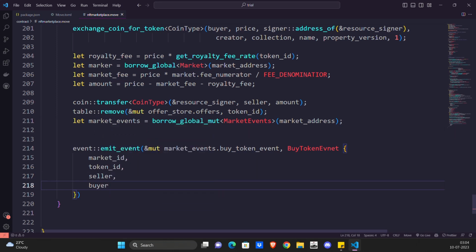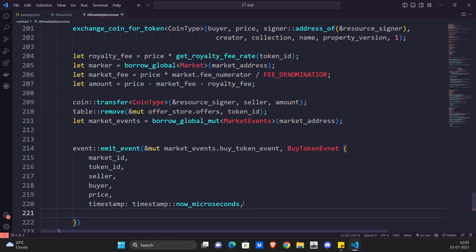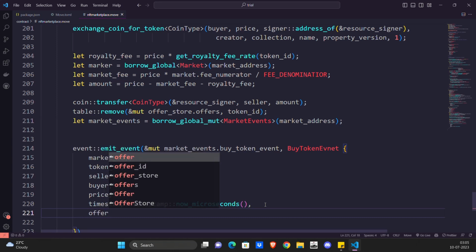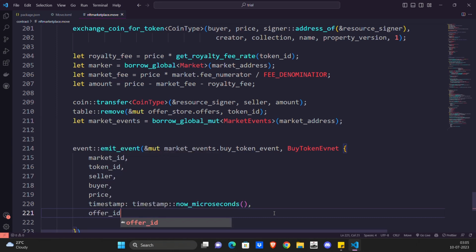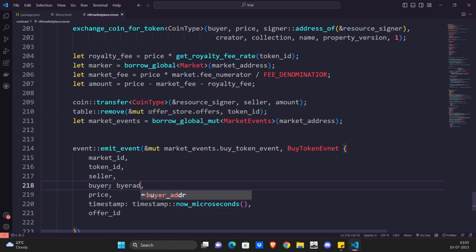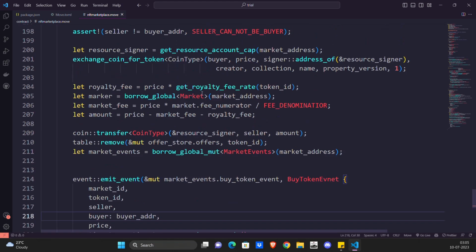Then the buyer, and at the same time the price. We have to give the timestamp for this. Timestamp is going to be the timestamp of now in microseconds. Let's do it that way. I forgot to write this down. Then we have the offer ID. For the buyer, I also need to provide the buyer address, right? Yeah, that is the complete